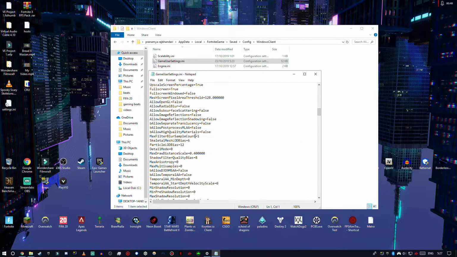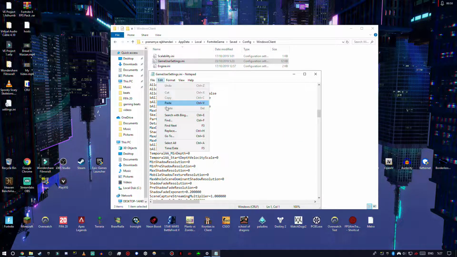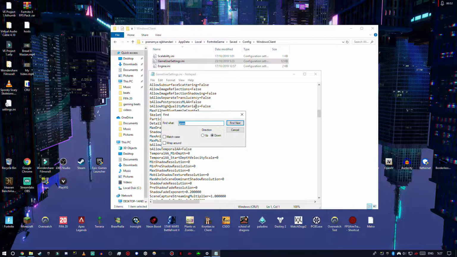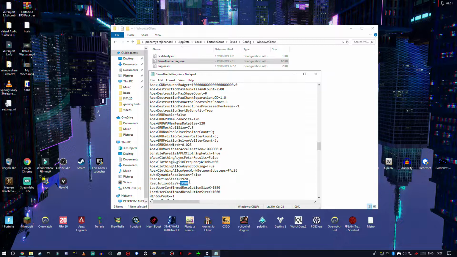Now you want to go here and click edit, find, and write whatever resolution you have right now. So I have 1056. If you can't find that, just write 1080. So now you want to change the 1920 to whatever you have. So change that to 1440,